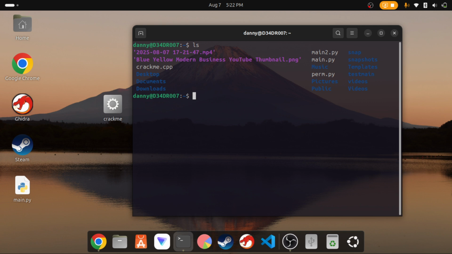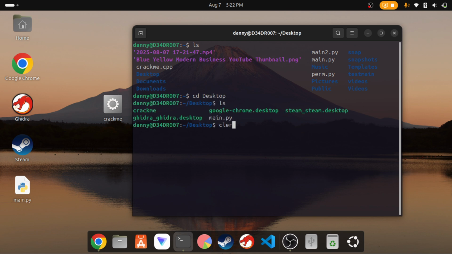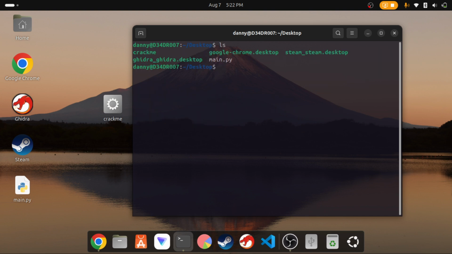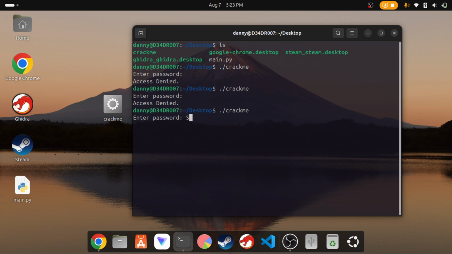Today we're going to crack this because it's password protected, and when we crack it, it's going to say access granted. It's just a simple beginner's CrackMe that I made on my own. It's nothing advanced like those you see on crackme.io. See? Access denied. I think the password is